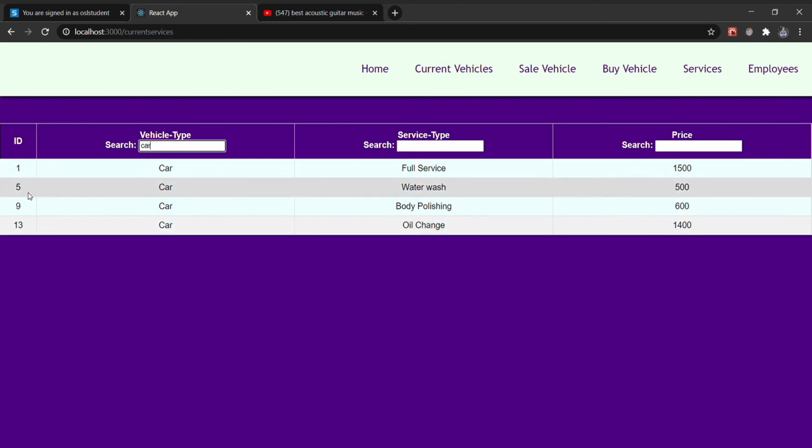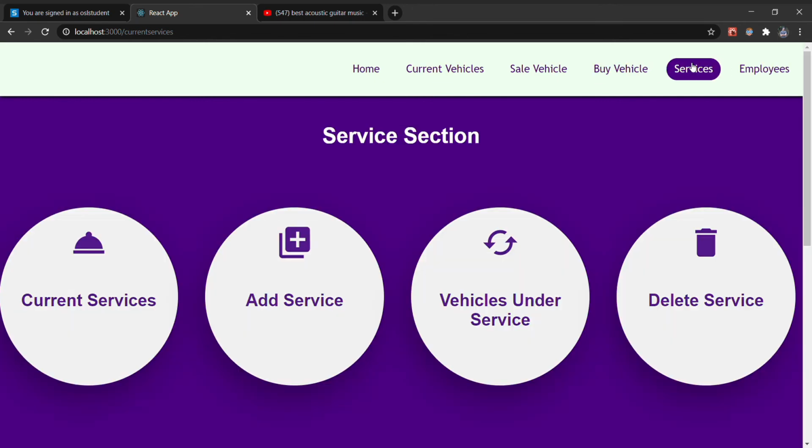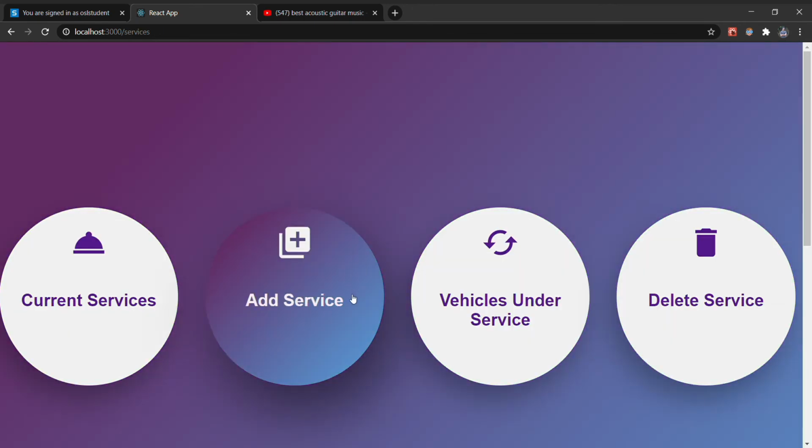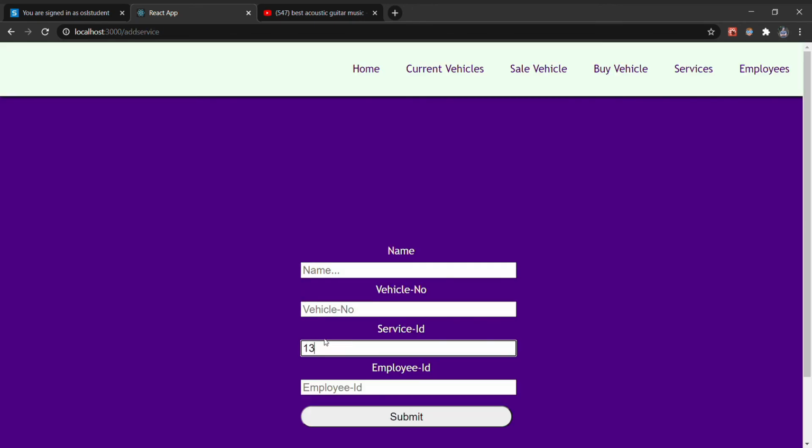Now let us copy the service ID as 13 and this will be filled in the form, and also the other information is filled. Name is the name of the customer, vehicle number, along with the employee ID.